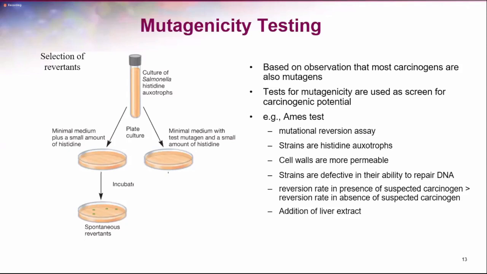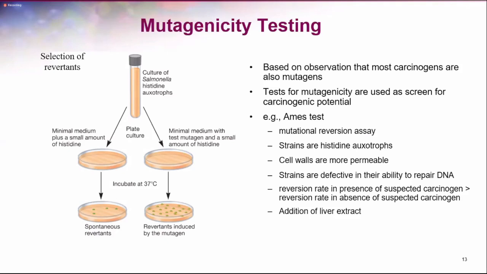Okay, so this was sort of like a reverse mutation that's going on. So this is a strain that spontaneously does it. It kind of flops back and forth between the auxotrophic and prototrophic state. And so what happens in the presence of the test mutagen is that you can have many more revertants. Okay, so this is telling us that a strain such as this histidine auxotroph is able to restore its prototrophic status at a much higher rate in presence of this chemical compound. And so therefore this could be a suspected mutagen, because in presence of the mutagen, the rate